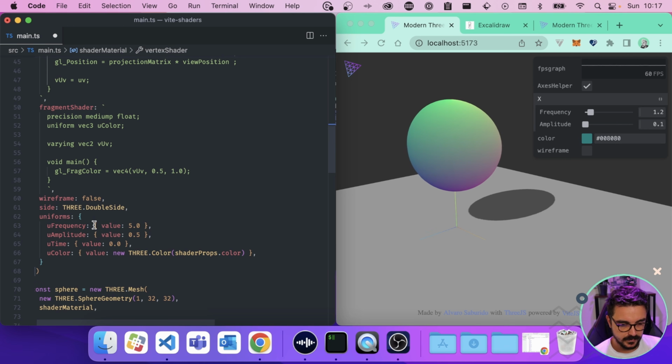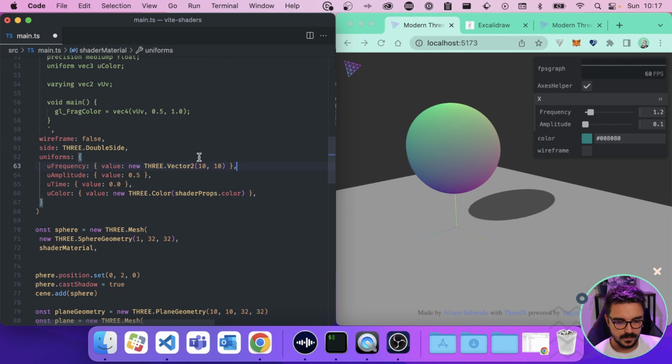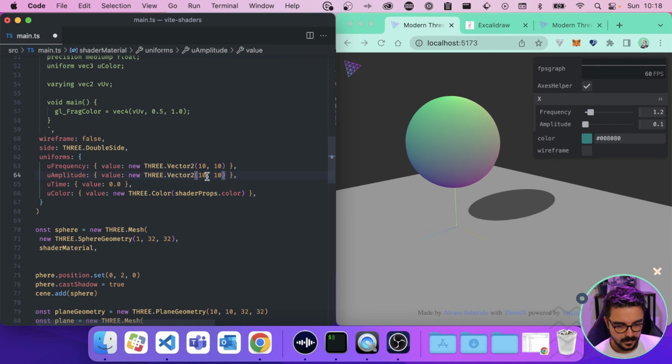We can use vectors. To use vectors here, basically we can do this: new Vector2 and some values. We're going to do exactly the same for the amplitude, so we're going to copy and paste this here. Now let's put something like 0.1, 0.1.